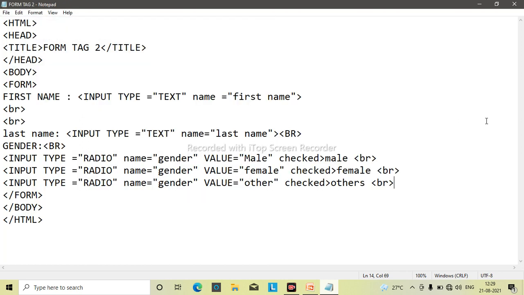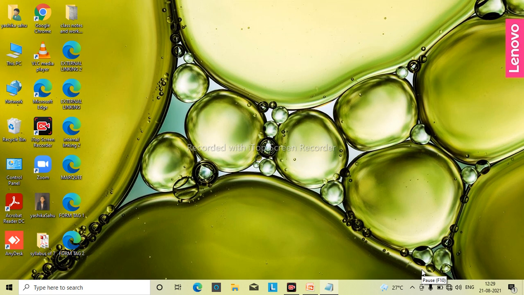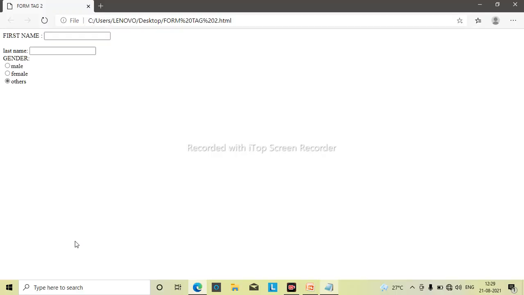See, let's see if I am correct. So form tag 2. Let's go into it. Can you see here first name and last name? First name I am putting Yashika, second name is Sahu. Now here's the gender option.